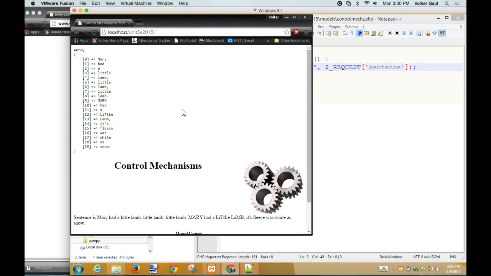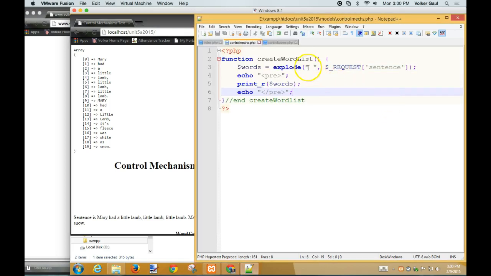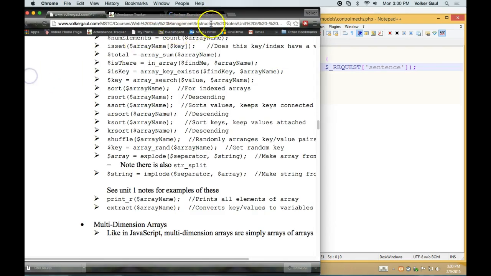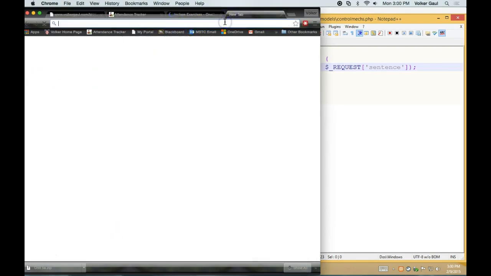Can you explode up multiple? Pardon me? Is there any way to explode up multiple things? Multiple fields? Like, say I want, I'm sorry, this string could be anything, but I don't have a consistent separator in my string, right? Right. So I was wondering if you could use all of these separators. Good question. Comma, et cetera. Yeah, like space and period and